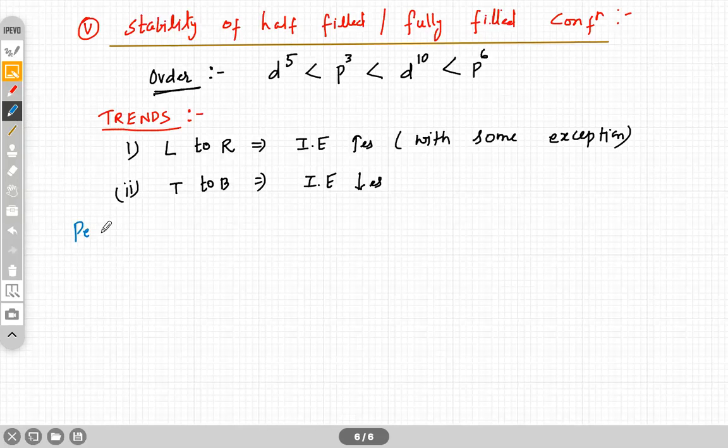First period, that is hydrogen and helium, right? Hydrogen and helium. So obviously helium has more ionization energy than hydrogen. Why? Because it has the more stable configuration, right? If you talk about period 2,